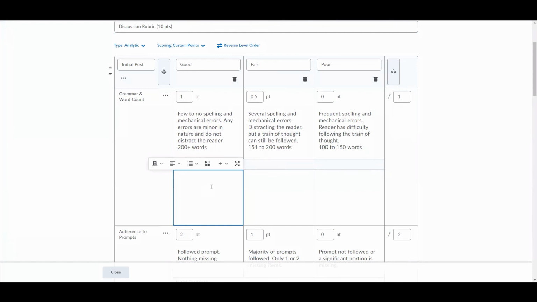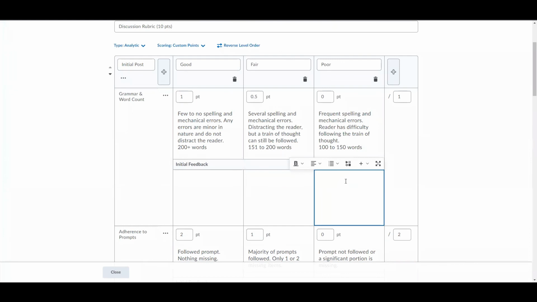But this may be something that, and you can do it optionally, you can do it for different levels. So maybe this person is great. They have no grammar or word count issues whatsoever. So you don't even need to say, it's basically you just be saying great job, and maybe that's superfluous. But maybe the person who's having problems with it is the one that needs the kind of generic feedback saying, like,